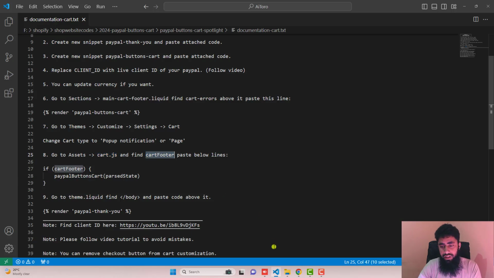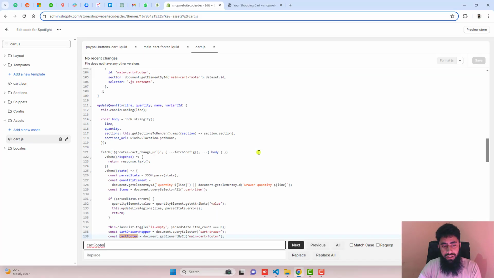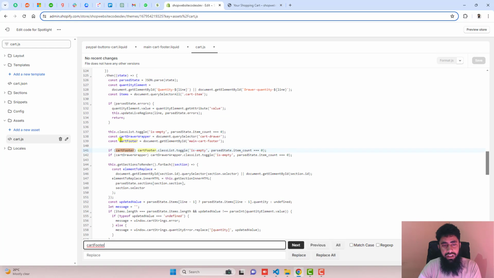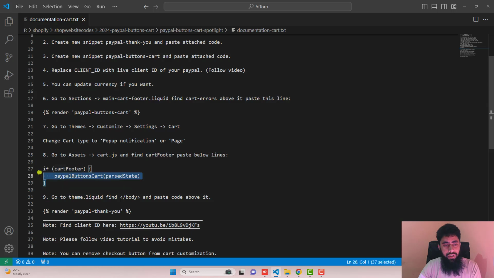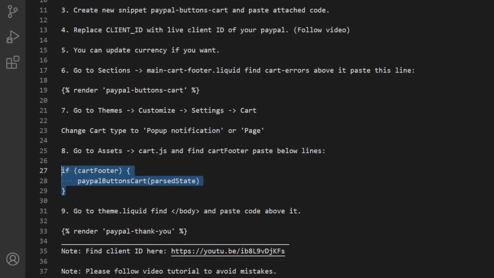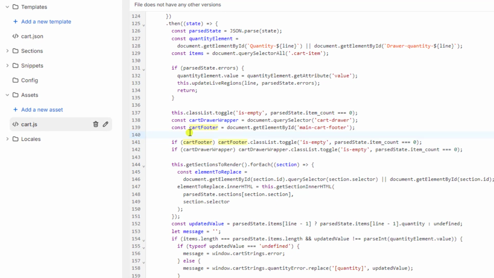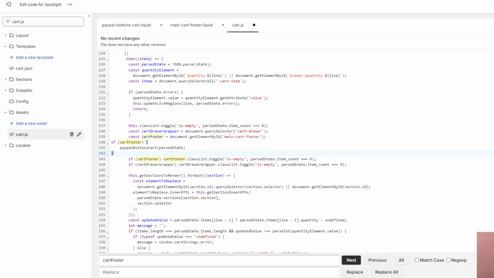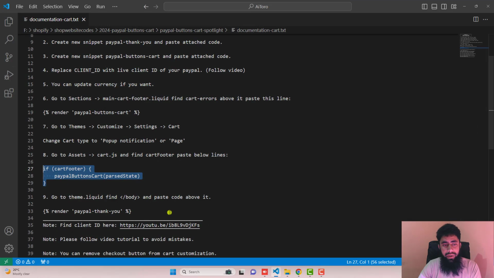So you should copy the name, paste it here, open cart.js, and then after you should find cart footer. So you should search here using Control F or maybe Command F, and here you can see that we have highlighted lines, and we need to paste these lines of code just below it. So let me show you. So in this line you have to paste new line of code, save the changes, go back to the documentation,